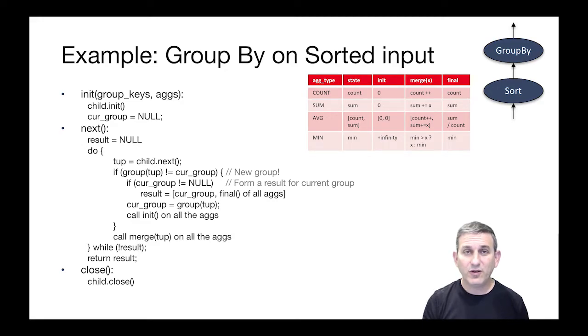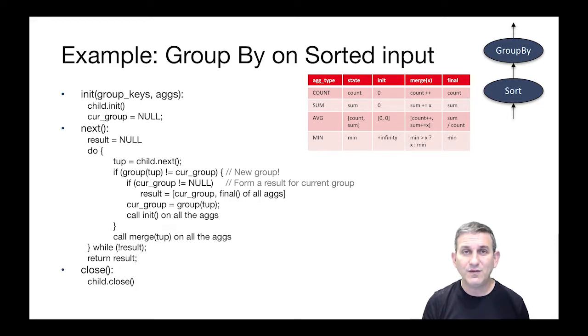The next example iterator we're going to look at is an implementation of group by that assumes a sorted input. It's a common implementation of group by, but not the only one. This particular implementation of group by requires the optimizer to make sure that its input is sorted, perhaps via a pipeline like the one at the top right of the slide. All right, but we're going to assume the input is sorted, and we're going to look at what the algorithm